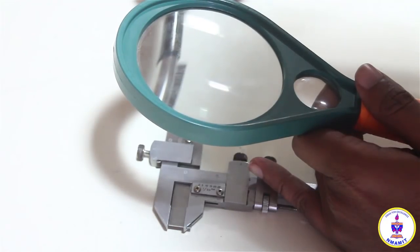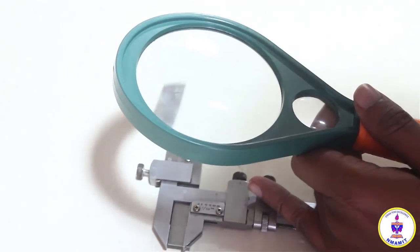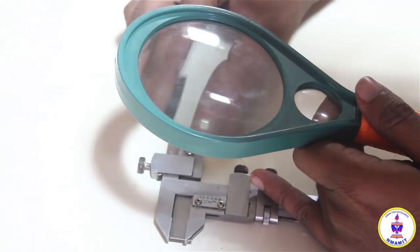We have to remember that there is only one line which can coincide when the 0 of the vernier has crossed the 0 line of the main scale reading. So I will rotate the fine adjustment screw, and when the 17th line coincides with the main scale line,